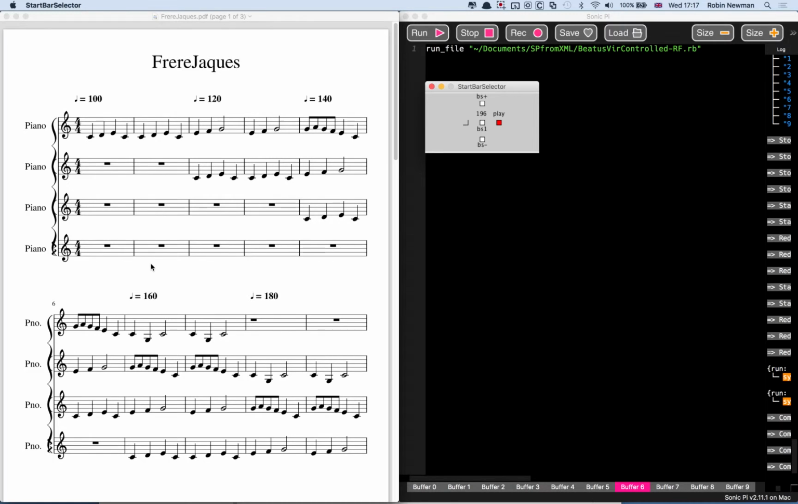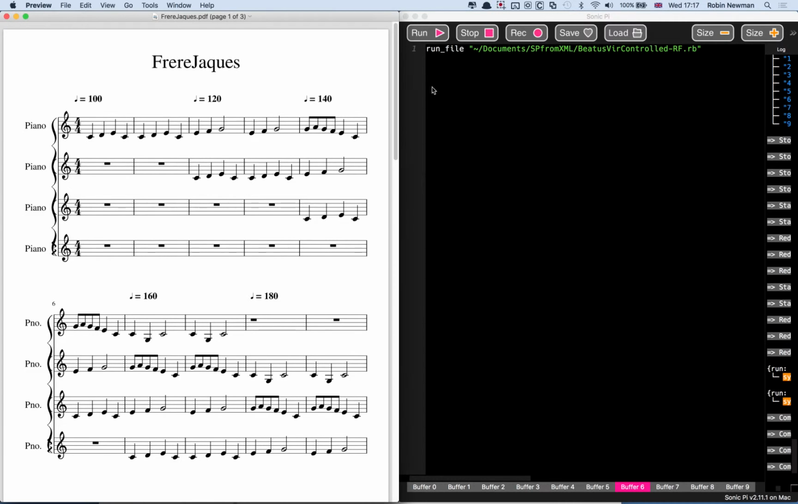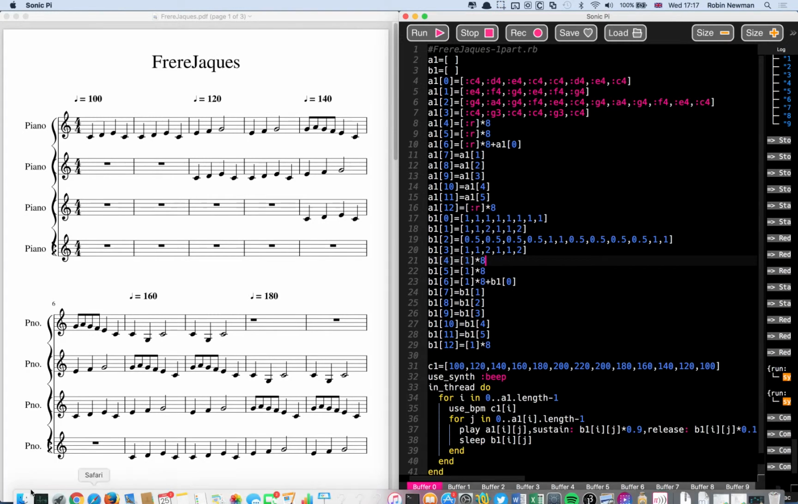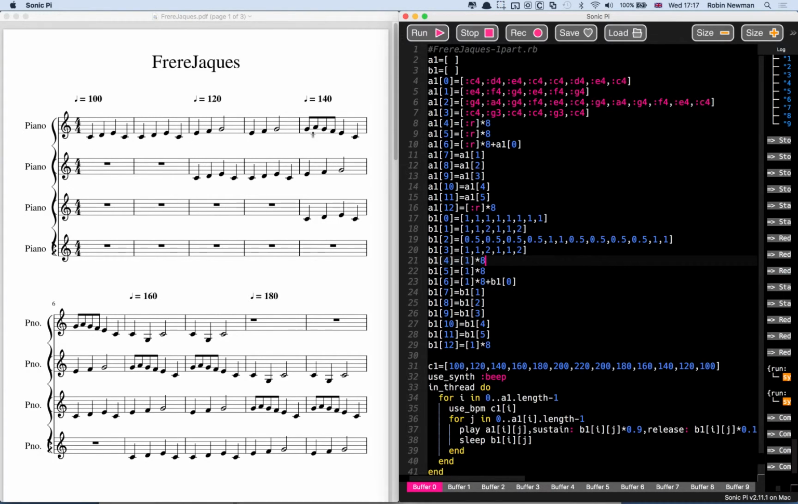other people. So how do we actually do that in Sonic Pi, and how can we arrange it so that we can actually start playing at any one of these particular bars? Well, I'm just going to get rid of the start bar selector for the moment and switch to buffer 0, where we've got one tune for Sonic Pi put into Sonic